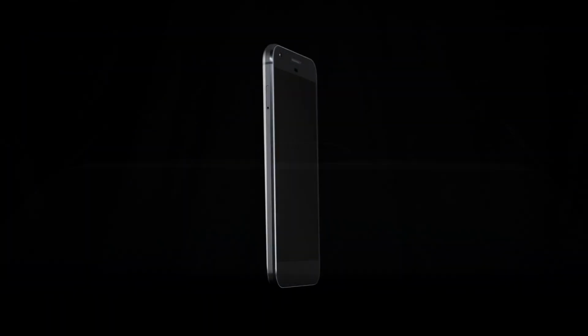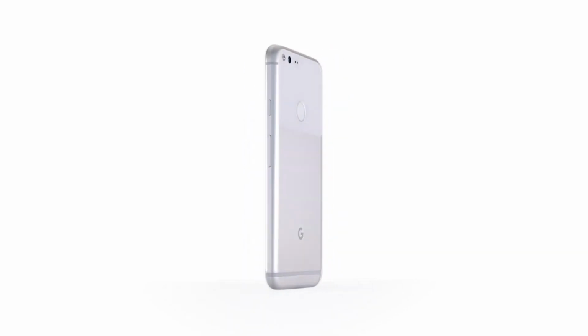The Pixel and Pixel XL also come with what I'm just gonna go ahead and call super fast charging, because 70% in 15 minutes? I mean, that's just crazy. This is obviously gonna be really cool, and overall the Pixel lineup is new. It's got so many cool features and keeps a lot of the things that are already great with phones, like a headphone jack. It's got a pretty heavy price going with it, but for what you get, I definitely think it's worth buying,